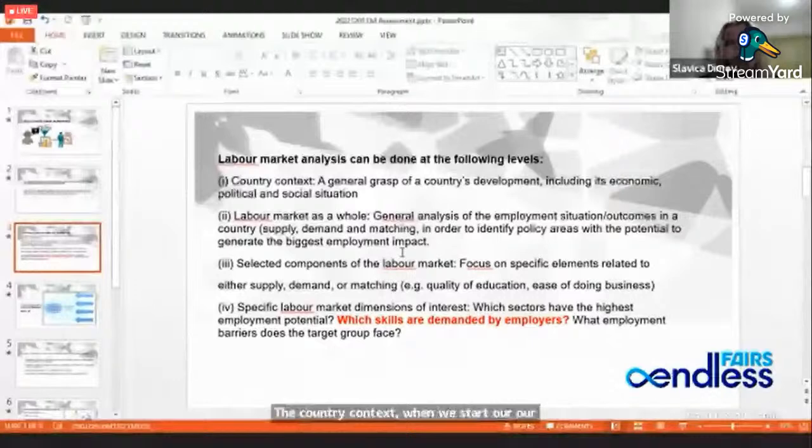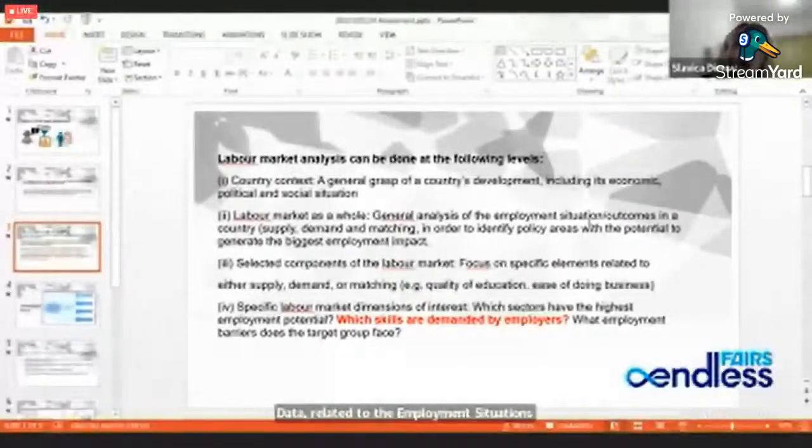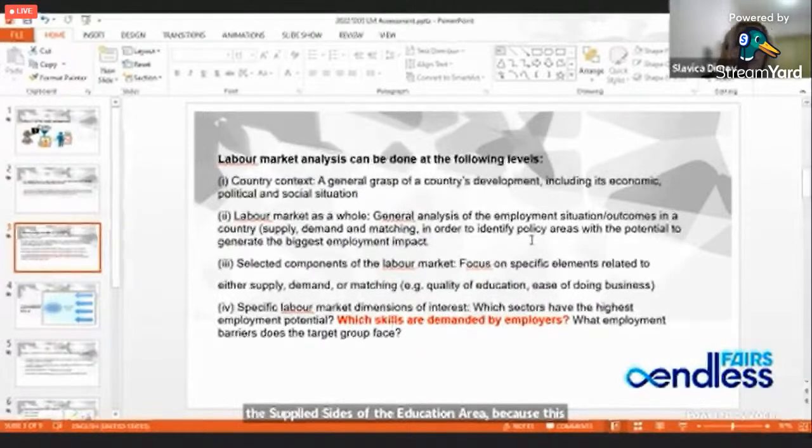outcomes of the supply side of the education area, because this will create a kind to make relating to this. So here,